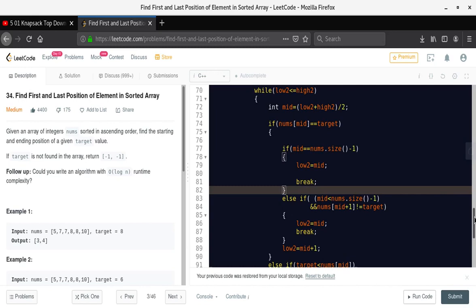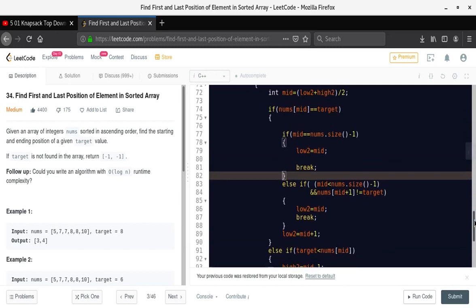Here we are checking if the target value that is found is not equal to the next value present on the right side of that value. It should be not equal. If it is not equal, then we are going to break. If our found value is equal to the next value on the right side of the found element, then we are not going to break, and we just modify our low with mid +1, right?